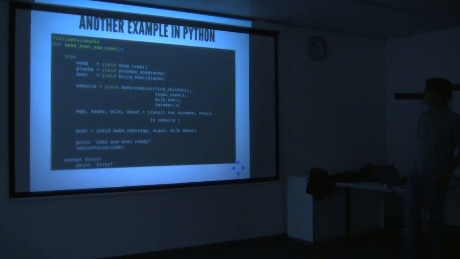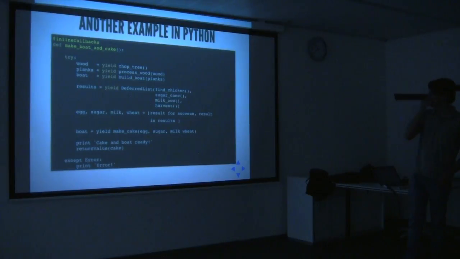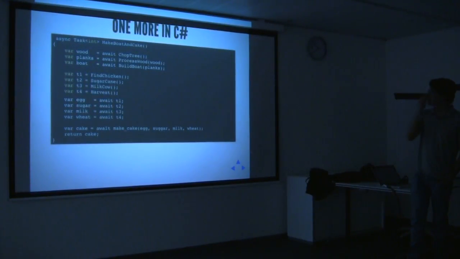Another example is with Python, where a cool thing is that you can also raise exceptions inside the same kind of structure. So if there is an error, you can just catch it as if it were a regular exception. This is basically the same code as before, but with a try except clause. So you can control your exceptions the way you would control a synchronous sequential exception, and it's very interesting. And the final example is in C#,